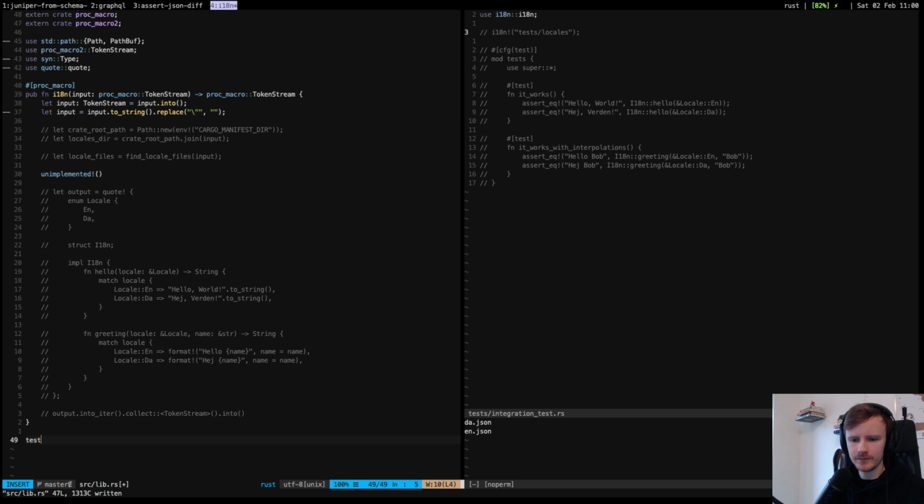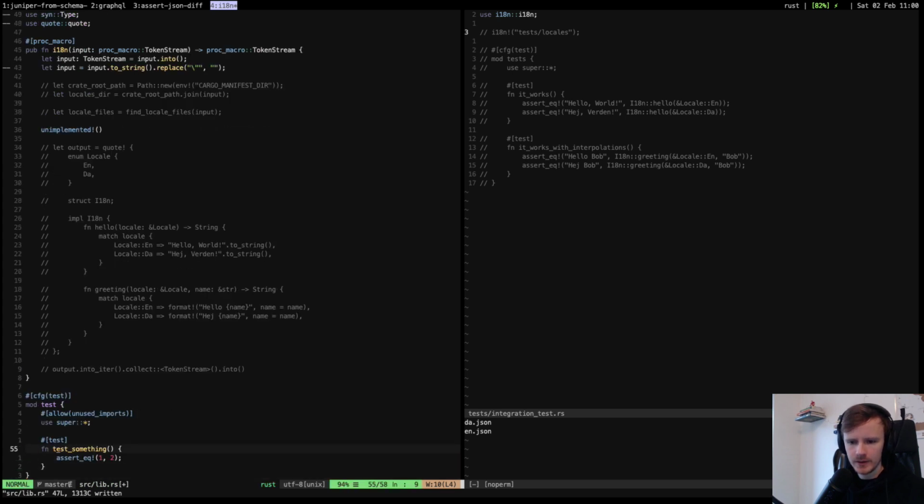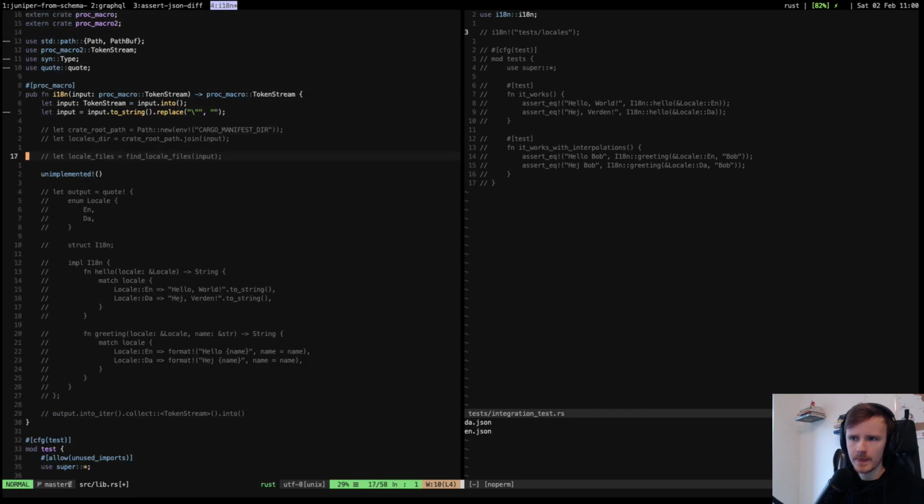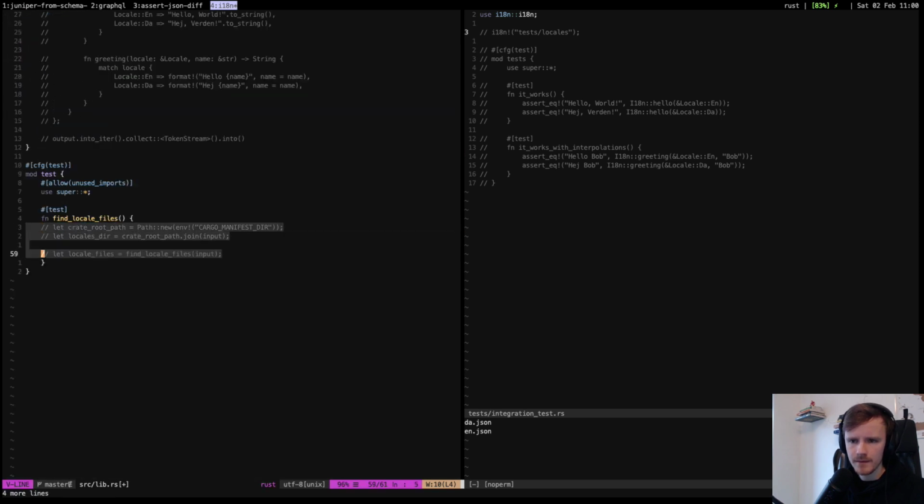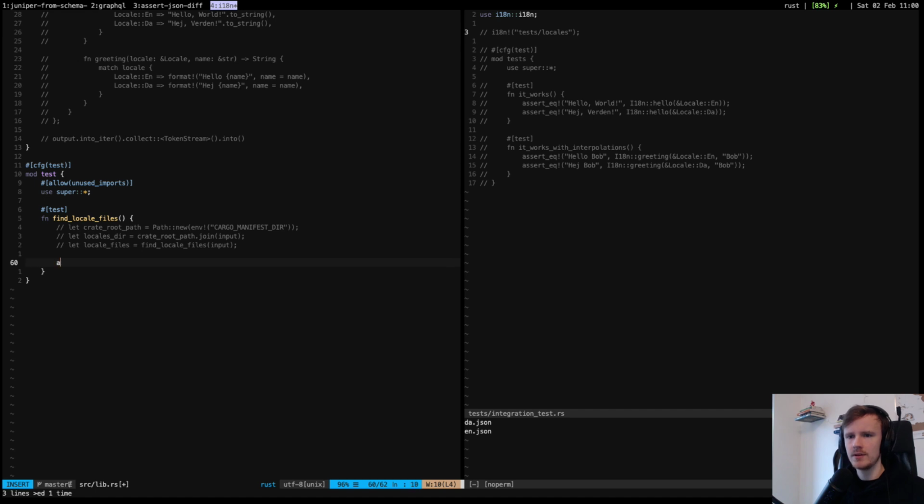Yeah, let's do that. Finding locale files. And so I often like to write my tests from bottom to top. So if you start with the assertion, I will assert that locale files equals